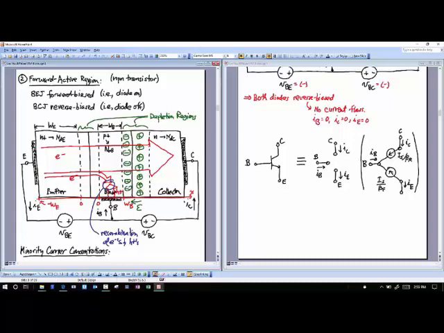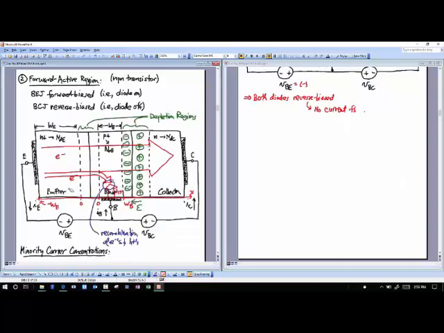Okay? So, I'm not finished with currents. There's one more current component that occurs in here. What is it? I have a forward biased base emitter junction. There's hole current, right? If I forward bias this, not only do electrons want to go from the emitter to the base, but holes want to go from the base to the emitter. So I'm going to get a current component here that just comes out here, basically injected.